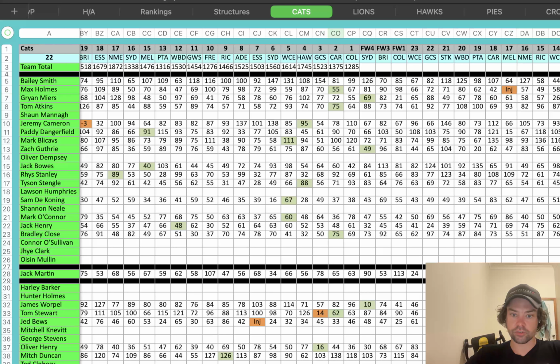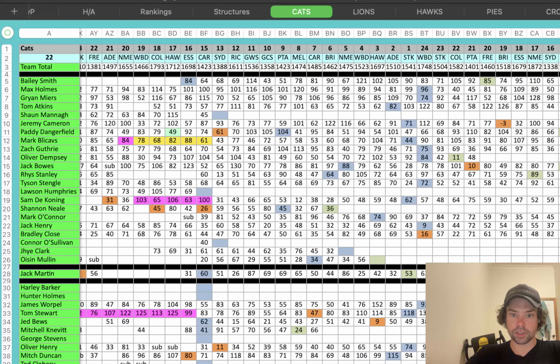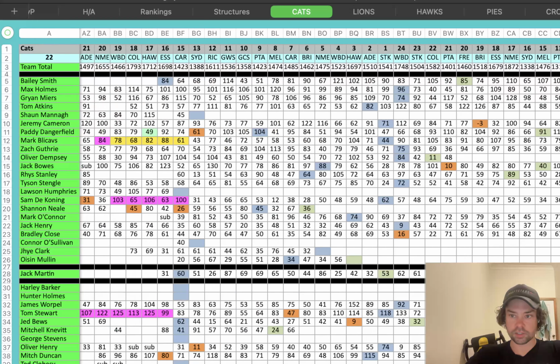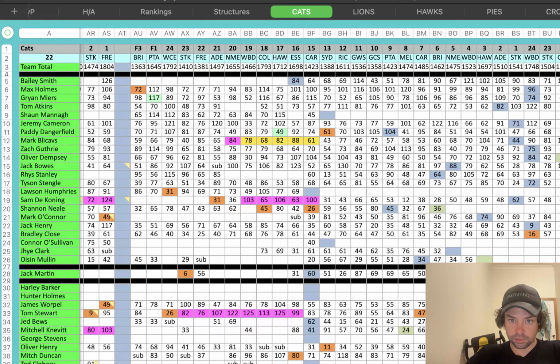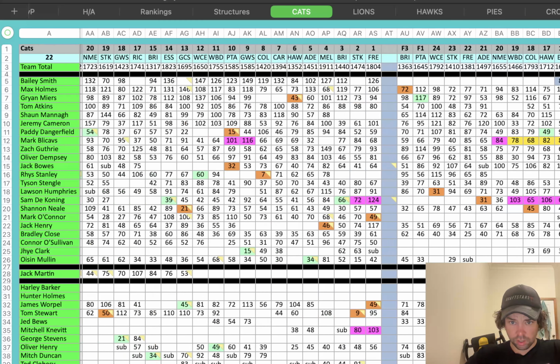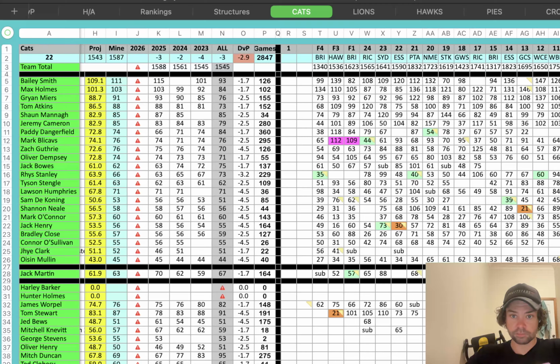Down here, injury, injury, injury. I have recently started keeping the injury games in the sample, and I just haven't gone back and fixed those ones because they're so far back, they're not super relevant to the numbers I'm using anymore. But yeah, I've got all the raw numbers there.